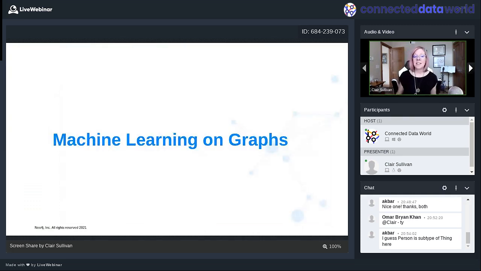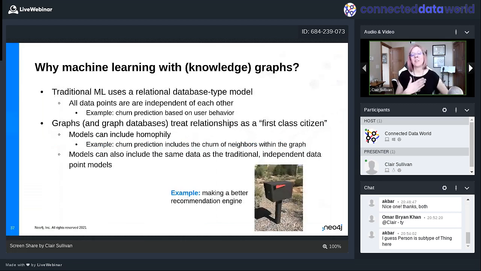Okay, and then the last thing that we're going to do is machine learning on the graphs. Now, this is a subject that's near and dear to my heart, and I'm going to tell you why. When we talk about traditional machine learning, we have an assumption, and that assumption is I have rows and columns, and my rows correspond to I have this item, and it's got this vector, and I've got this item, and it's got this vector, and there's no relationship between them.